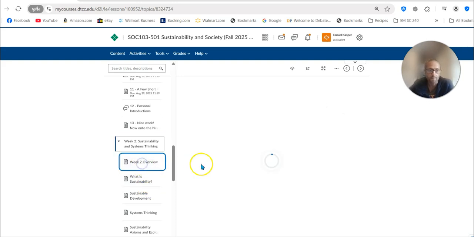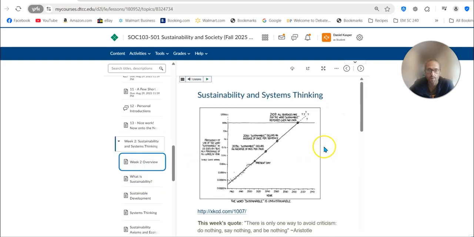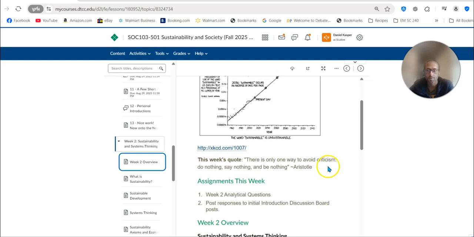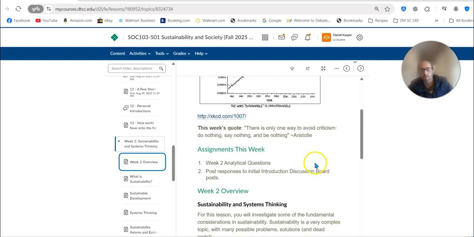All right, so this is the general structure each week of content. I usually provide a cartoon or a video or some other thing to help you think about it. I try to be a little bit funny. Some of it is sort of geeky sustainability humor, but maybe you'll laugh like I do in most of these. And then I do like my quotes, so I usually start the week with a quote or two. Sometimes it's as relevant as possible to that week's content. Sometimes it's just words of wisdom. Then you have what's due this week.